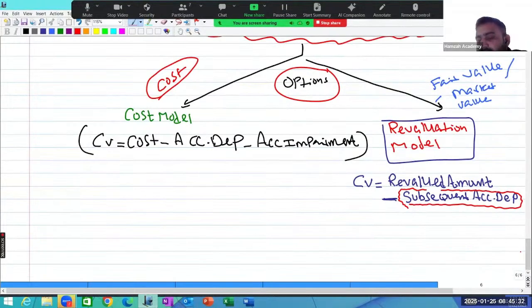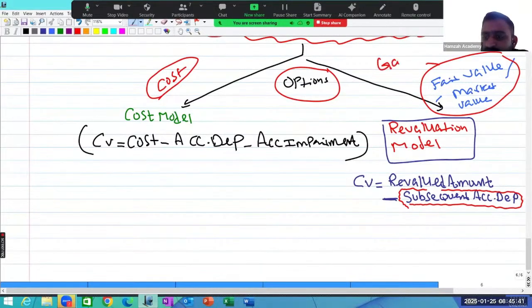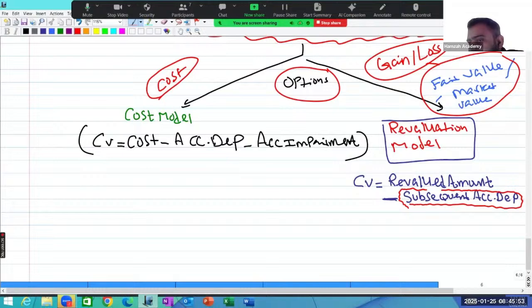And obviously, when we use the fair value basis or market value basis, there will be another thing, which will be a gain or loss. So we need to learn also what would be the treatment of the gains or losses on the revaluation model. But before that, just remember,